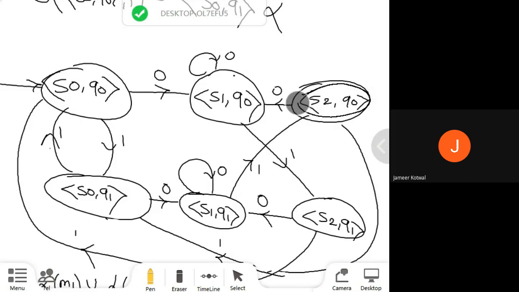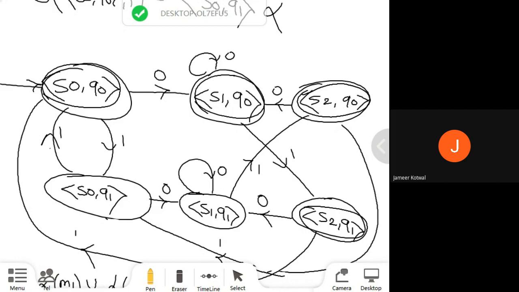Remember that in a union. Correct? Because S2 is a final state, and with which state has it come? It has also come with Q0, since it is an OR, and here it is also with Q1. So I'm going to make these two states final states. Now in machine M2, the final state is Q0. Now you are going to check in which states Q0 appears. So Q0 appears with S0. So I'm going to make this state also a final state. Q0 with S1, I'm going to make this state also a final state. And the last one, okay, so these two states become final states.